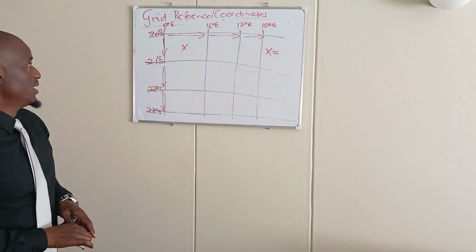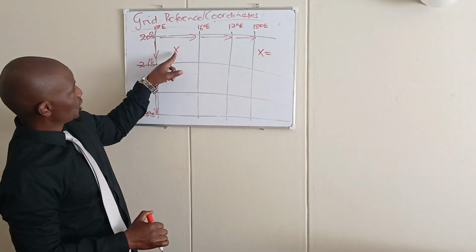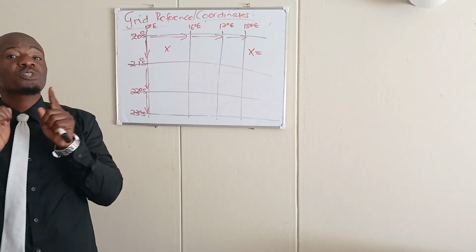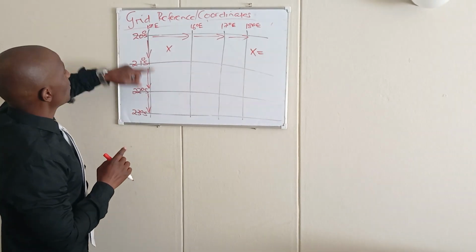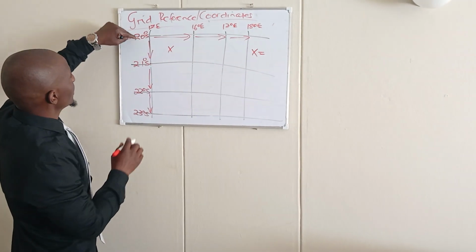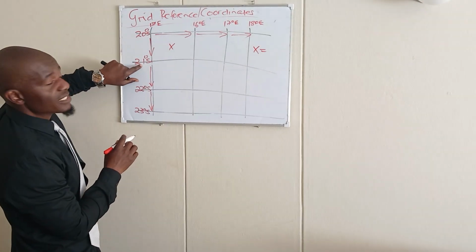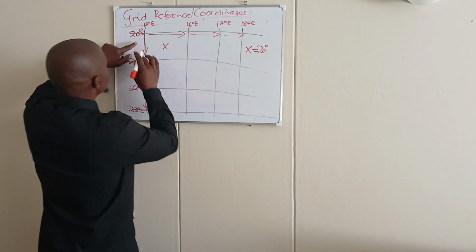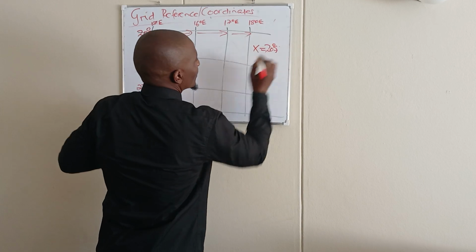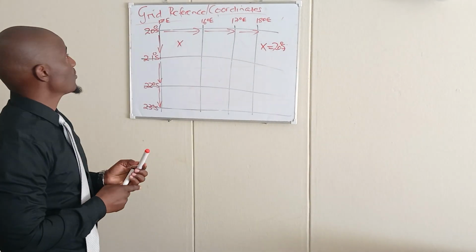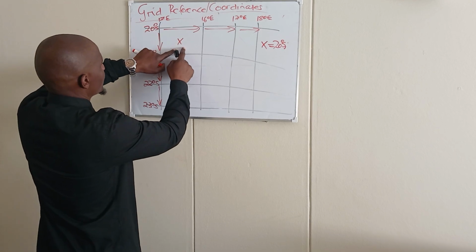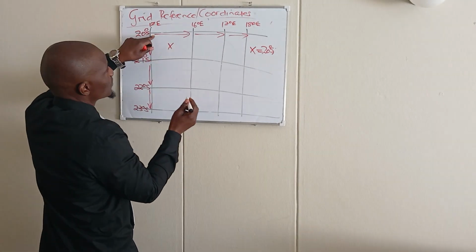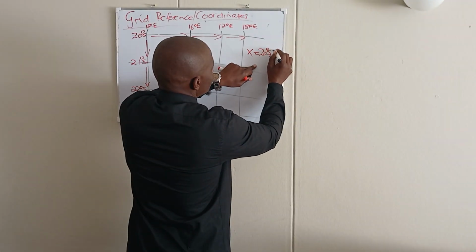So if I'm to find the coordinates of this symbol that is represented on my map, that is X, it means I'm going to start with my latitude. Where is X in relation to my latitude? It's between 21 and 20, which means it's behind 21. So is 20 degrees in which hemisphere? South. I'm also going to find its location in terms of the longitude. Where is my X? It's between 15 and 16 in relation to my longitude, which means it's on 15 degrees